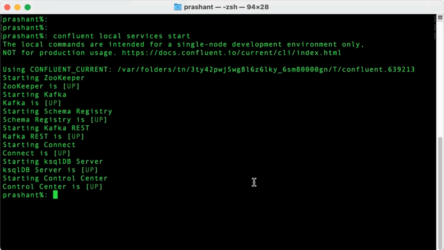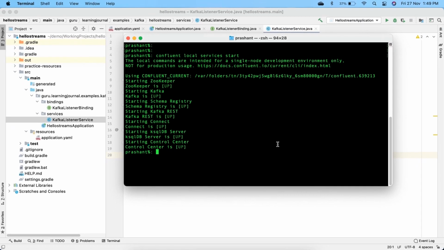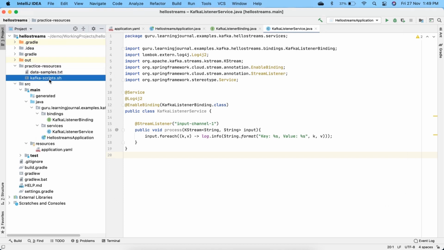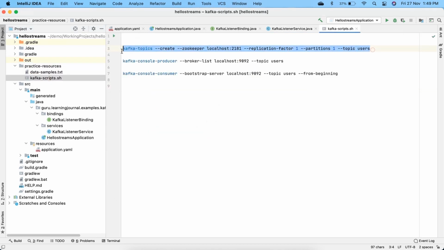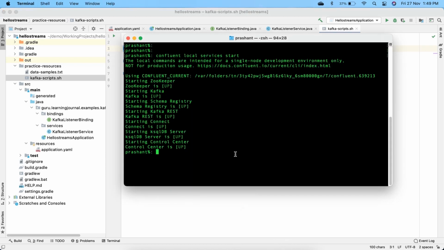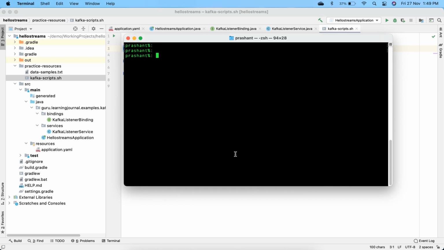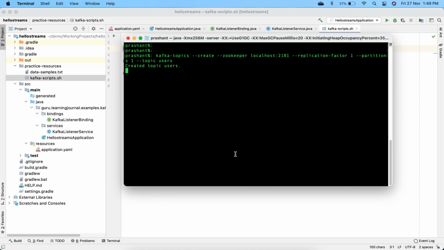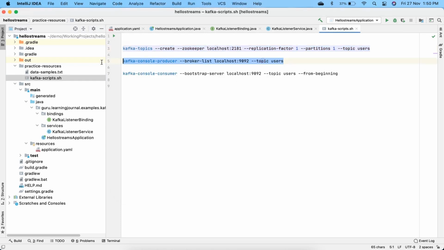Great. We created an application to listen to the users topic, right? So let me create a Kafka topic. Here is the command. Now, let me start a console producer and send one message. Here is the command.